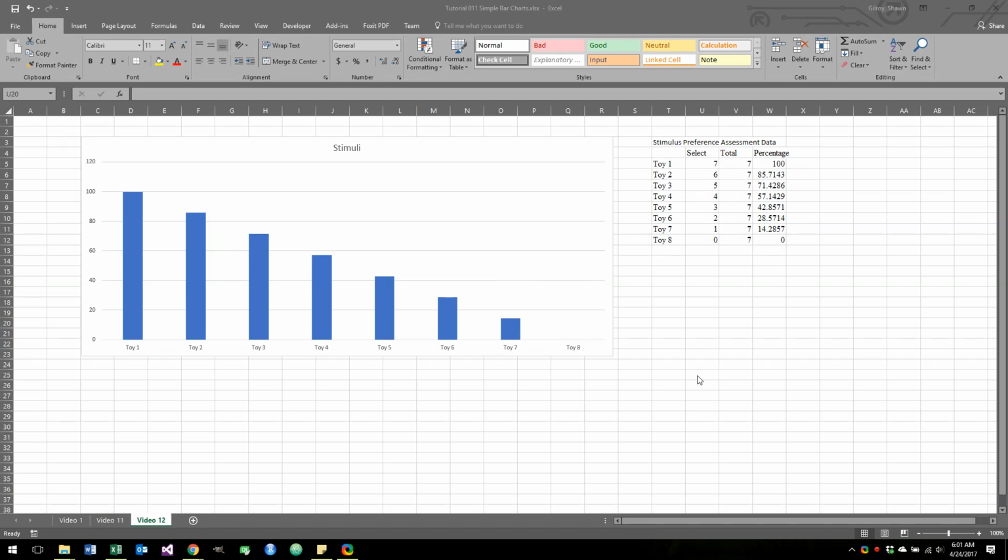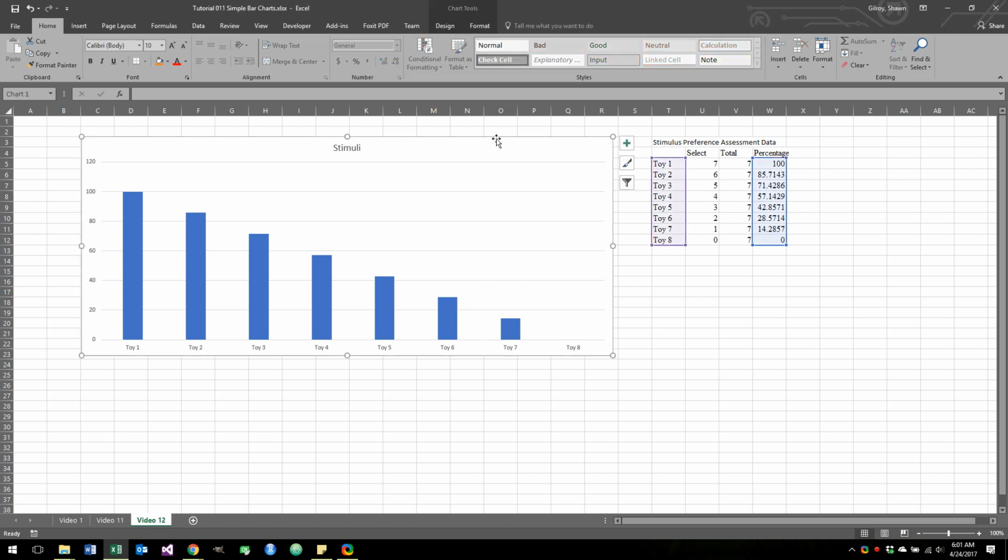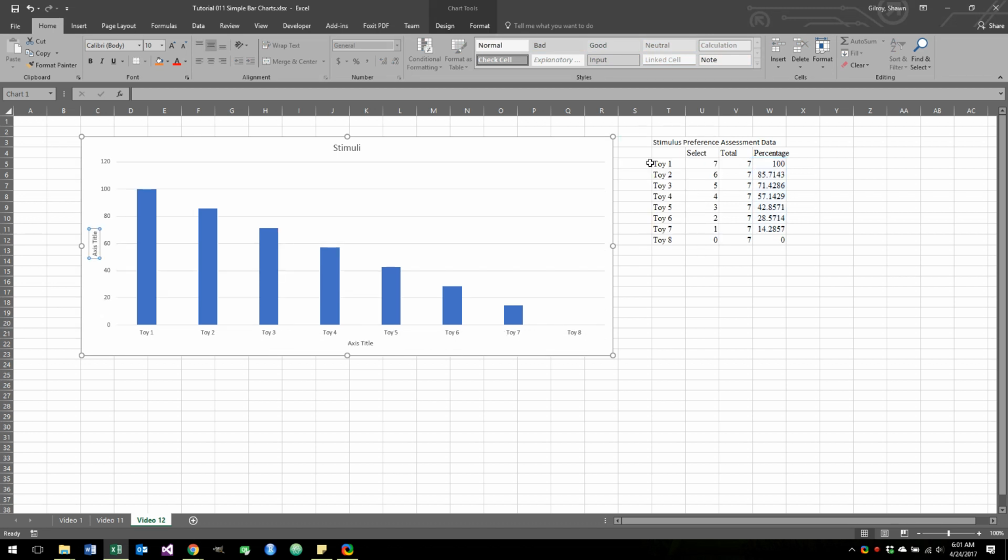In the last video, we put together our sample bar chart and we didn't yet get to style it. So we're going to pick up where we left off before. Right off the bat, we could add some of the elements that we would need to really make this complete. So what we're going to do is add our axes titles, and